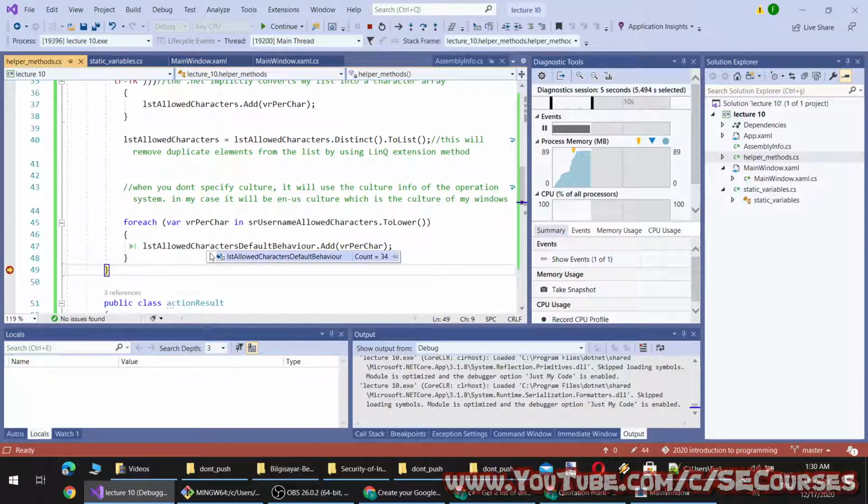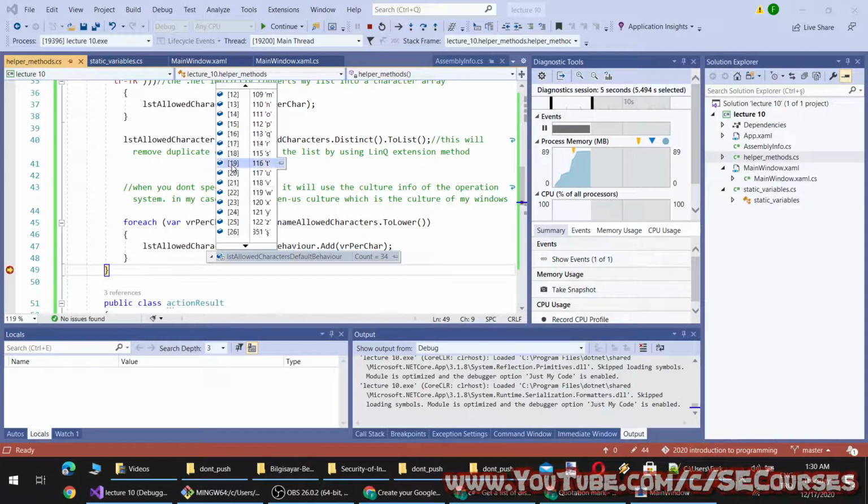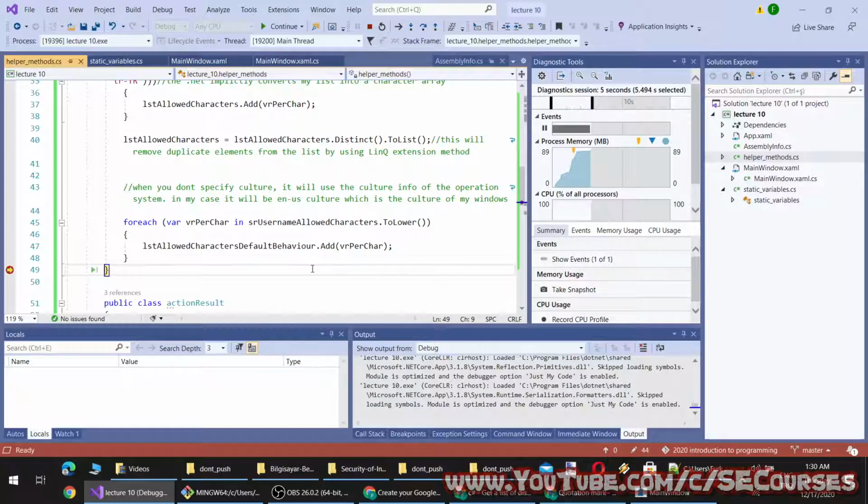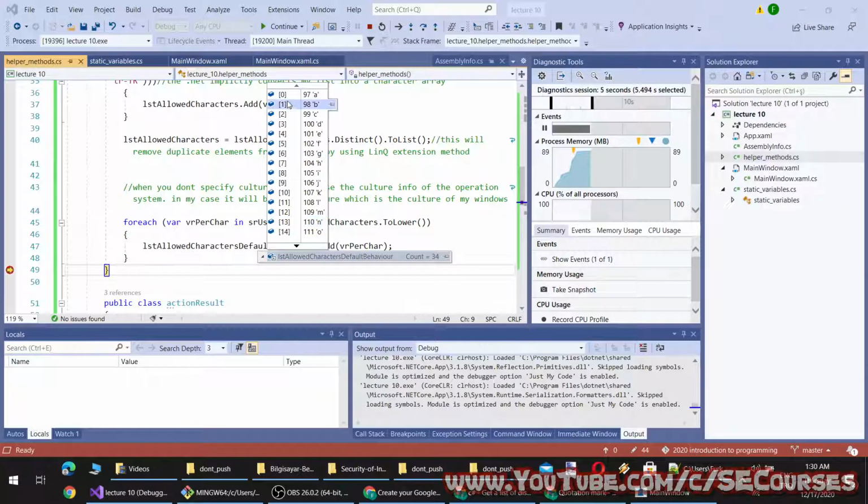Okay, so you see it has converted like this. There is I and I. You see, we have lost I. It is read as I in Turkish.